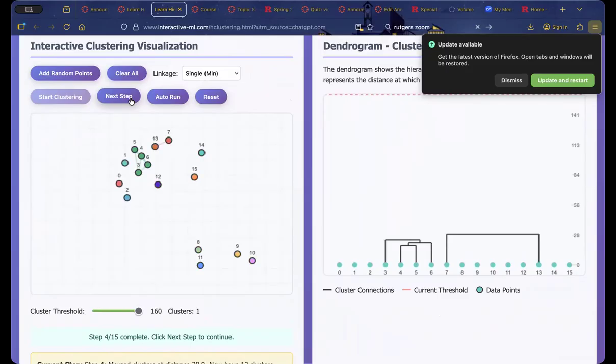And then the next two are 7 and 13. And 7 and 13 again are kind of on their own, so they're their own cluster. And all the other points are still by themselves. But as you can see,